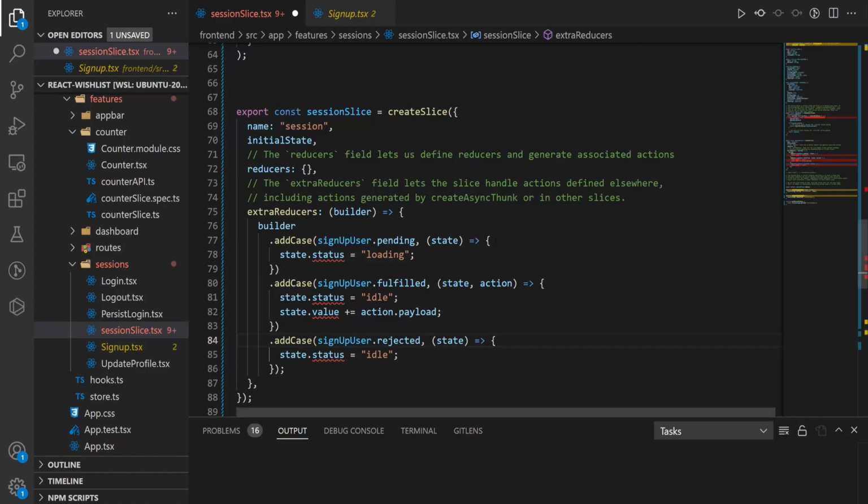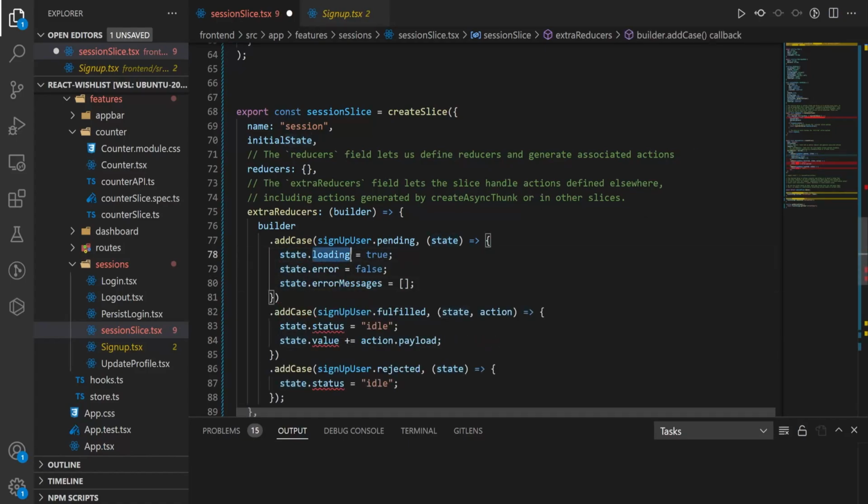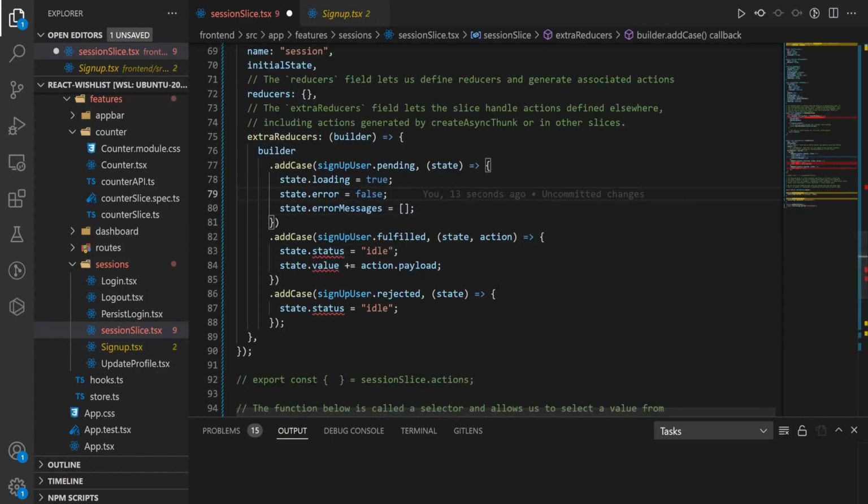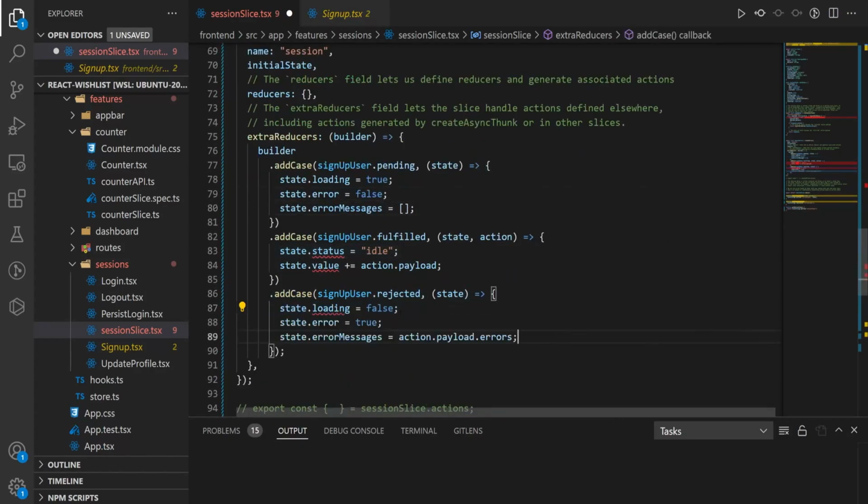The sign up user case is going to change from state.status to state.loading. This is pending. So while we're doing the sign up, pending is true, which means loading is true. And while you're loading, you don't have any errors and you don't have any error messages. So we set those appropriately. We then, in the case, will set the loading to be false, the error to be true, and the error messages to be